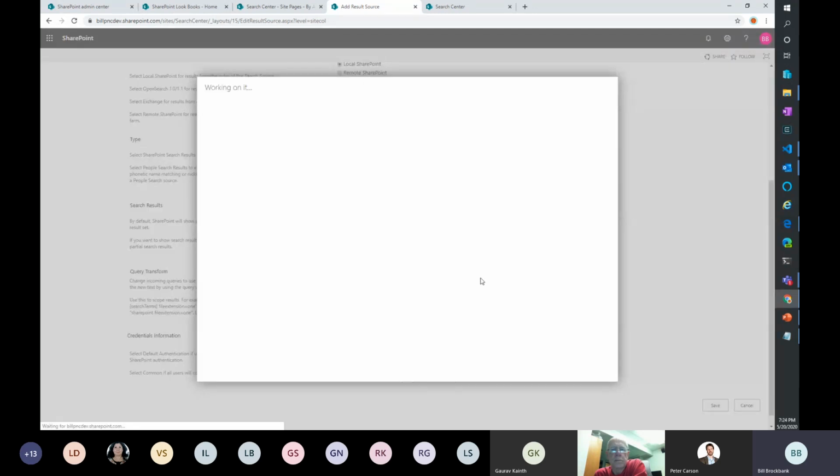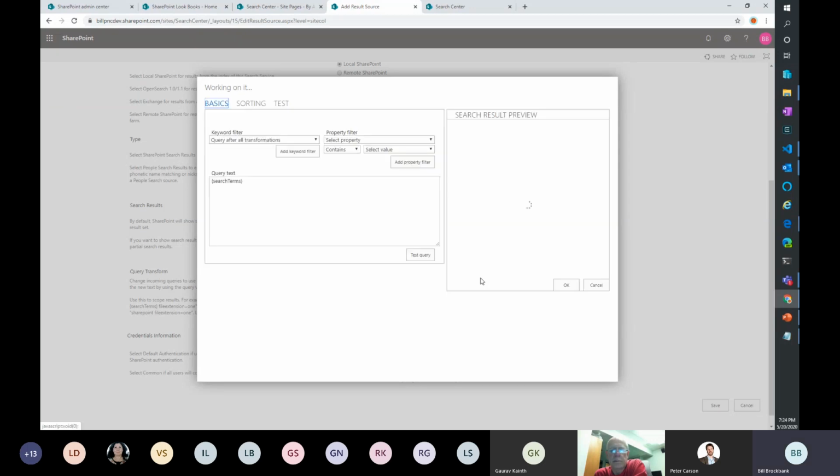And if you build out the query, with the old query capability, it's going to take a second to pull it. I can build my query out of here. So the search term comes in. I can set a path and specify a certain location in SharePoint, so I can filter down to point at a document library and just search that one document library, which is what we're doing with my work.